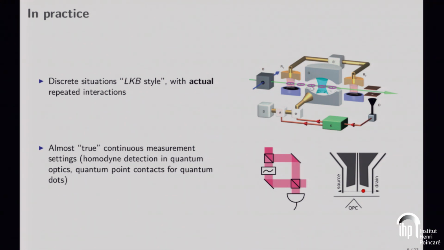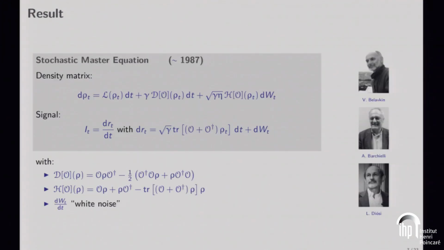in the cavity. But you can also get situations that are even closer to the continuum limit with homodyne detection or other setups like quantum point contact for quantum dots. So this follows a bit what Andrew Jordan presented on the very first day. And now, for the formalism of how the state evolves when it's subjected to continuous measurement,